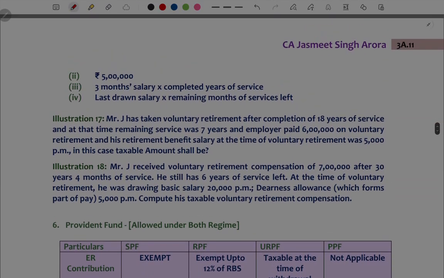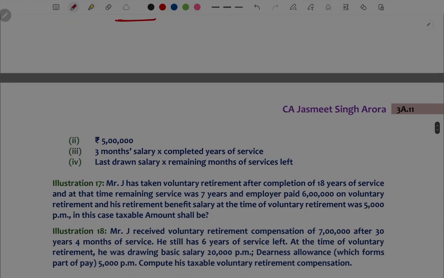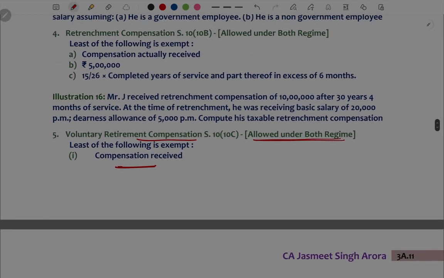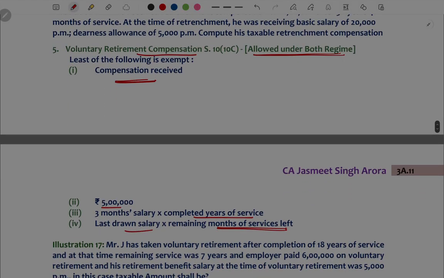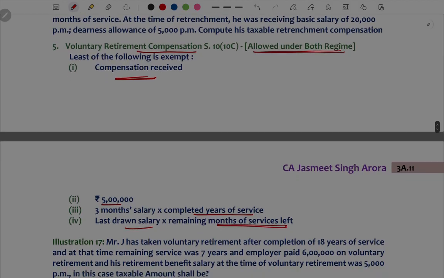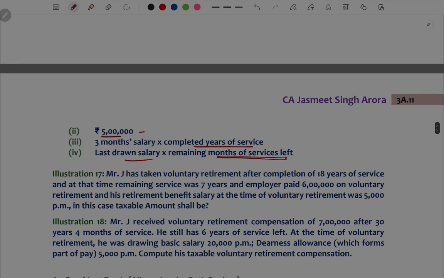It's not that important or relevant. Voluntary retirement compensation is allowed under both regimes. Compensation received, 5 lakhs or 3 months salary into completed years of service, or last drawn salary into remaining months of service left. It's not really relevant for the examination, but still, yes. Do not read retrenchment. Six months, you just read it, but it's not that important. Voluntary retirement compensation is also not that important, but you can read it: compensation received or 5 lakh, which is your ceiling limit,